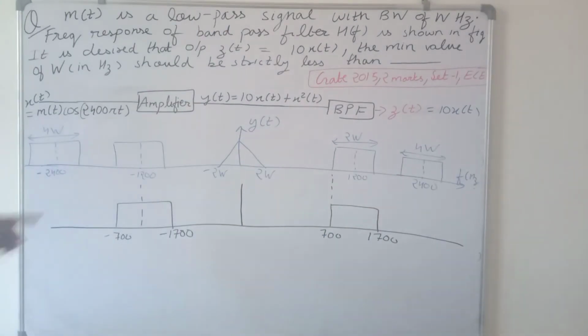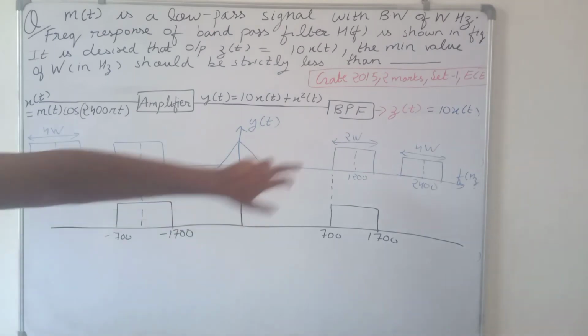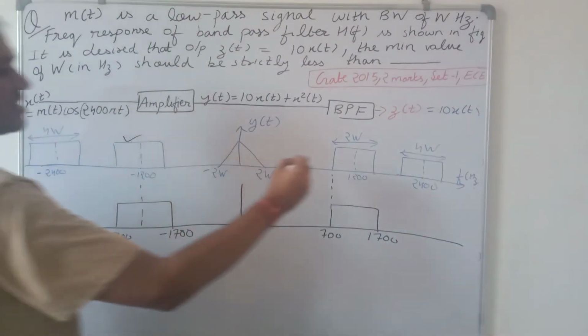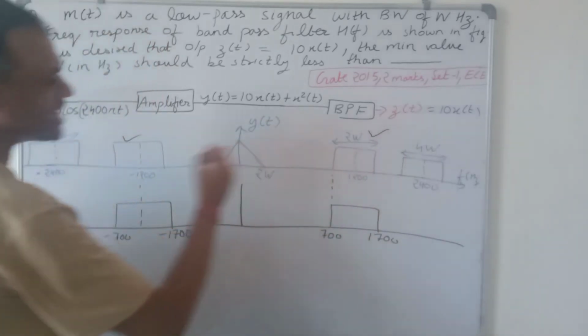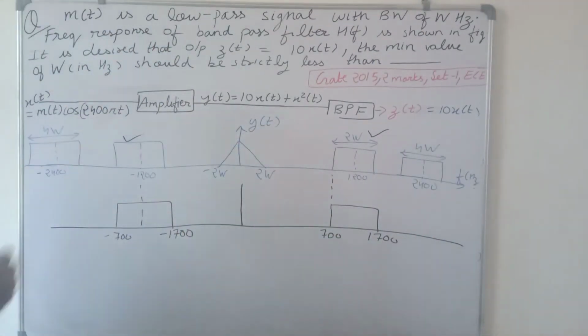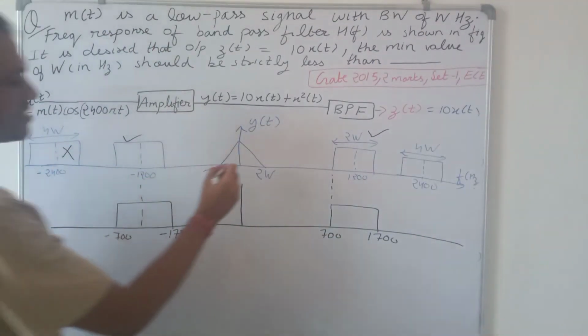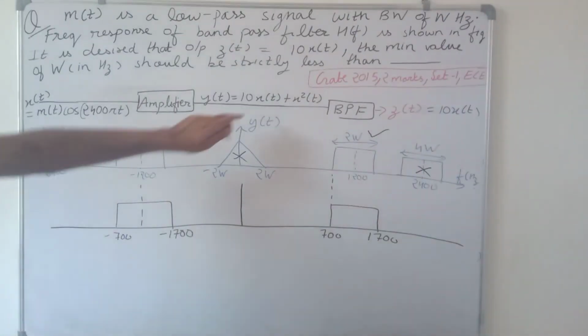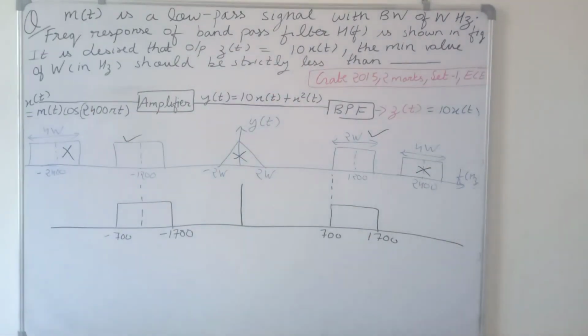Now this signal is tan empty. This signal is tan empty cos of 2400 pi t. So our zt must consist only of this part and this part. These two parts have to be accepted, and this part and this part have to be rejected, because x square t has to be rejected. So only this part has to be accepted.